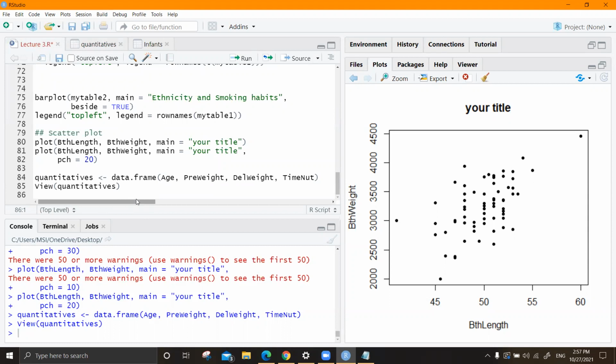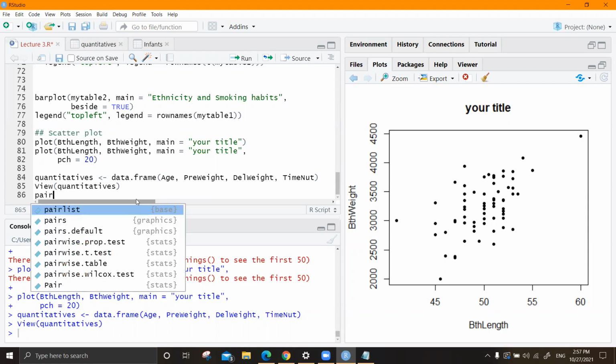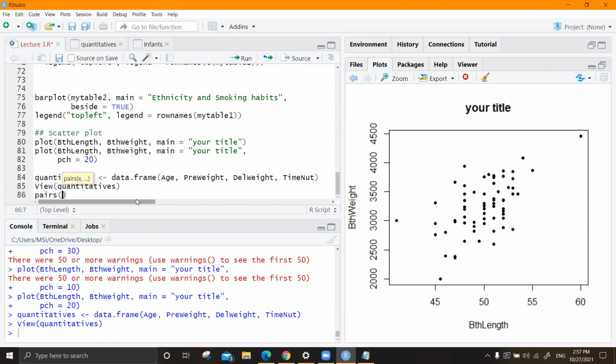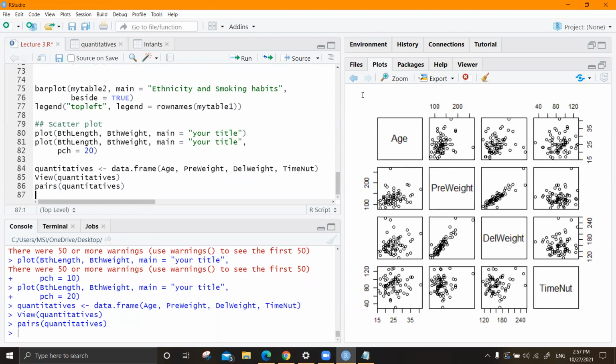Then I'm going to plot that. Okay. The command is pairs. Pairs. I'm going to give this name as the first argument. So let's plot that and see. You're getting something like this. You can change the title as you want. You can change the plotting character as you want, right? You can do anything. By default, you are getting, you call this a matrix plot.